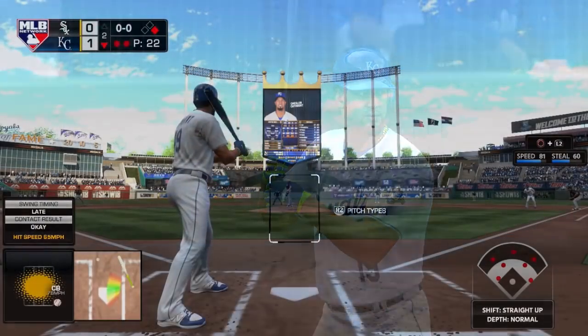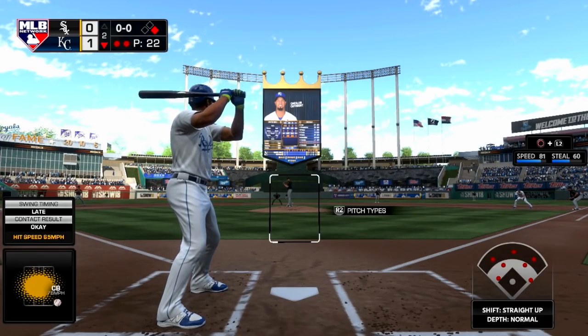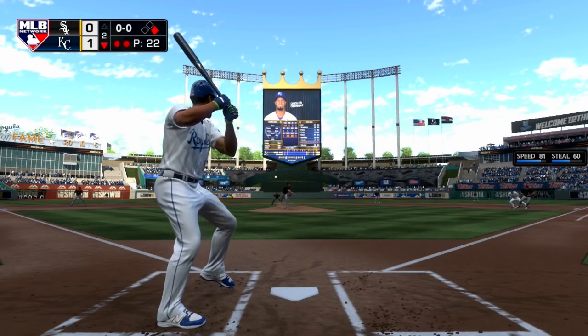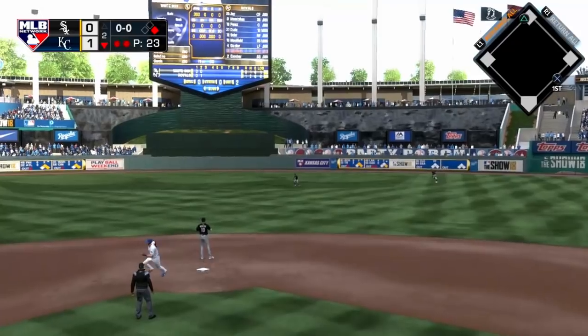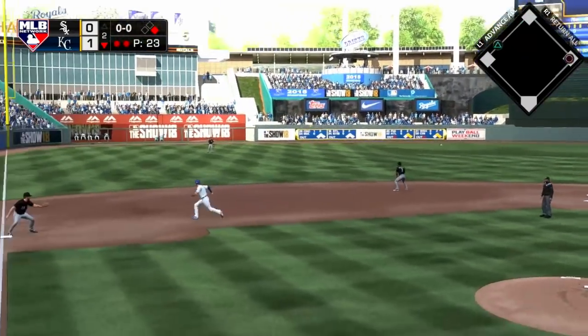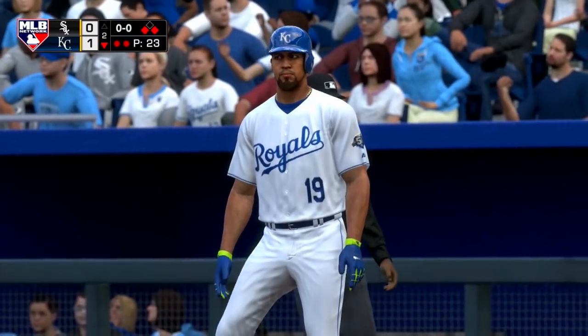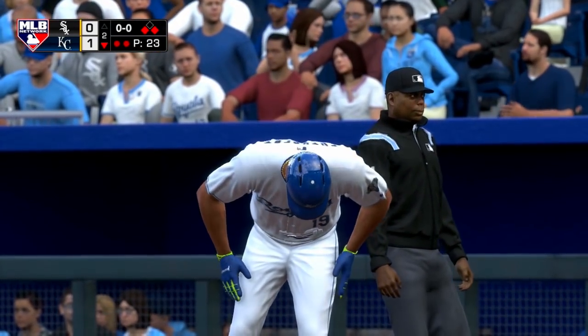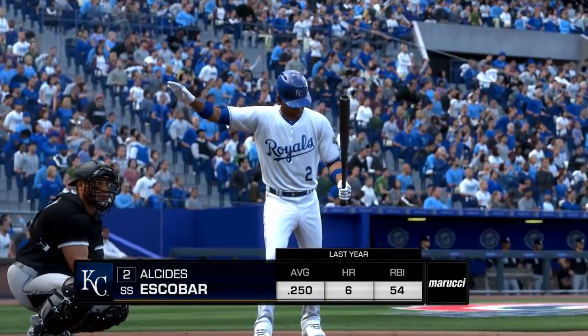And the man standing in their way is the DH Cheslor Cuthbert in the 8-hole for the Royals. Runner on first is Merrifield. Gonzalez sets, kicks, and delivers. And Cuthbert rips that one into center field, lands in front of Garcia. Merrifield's being waved around to third. He's going to slide, and he's in there as the throw is offline and late. Cuthbert with a single that moves Merrifield over to third,